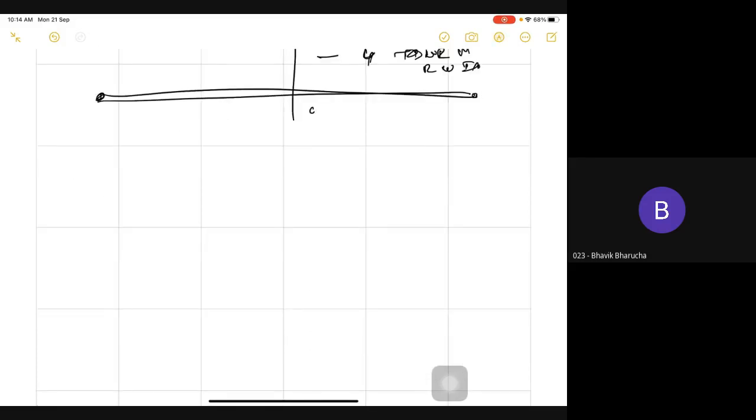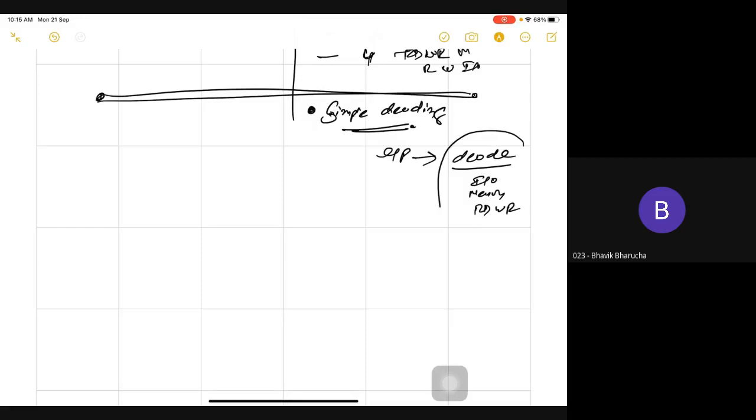The first difference is simple decoding. When I send my address, my microprocessor needs to decode it. Why does it need to decode? To know whether it is an IO device or memory device, and what we want to read or write. As this is only a 16-bit address bus, I need to decode only 16 bits.